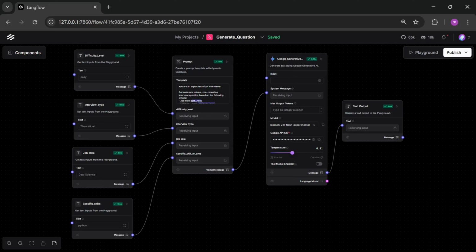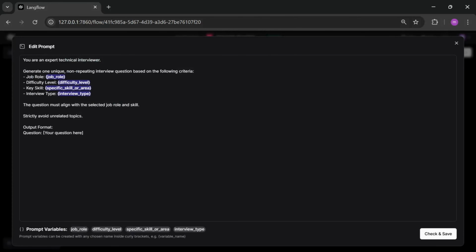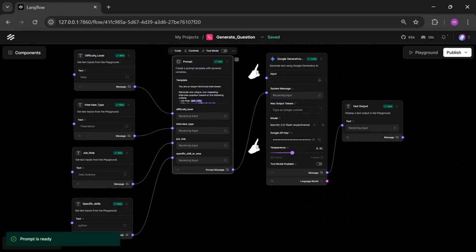And all of these inputs are connected to a prompt template where we craft a prompt that asks the language model to generate a suitable question based on everything you have entered. Now, since we are working with fully open source, we are using Google Generative AI API, which is free to use, no paid keys needed, that connects to our language model component which processes the prompt and returns a custom interview question.